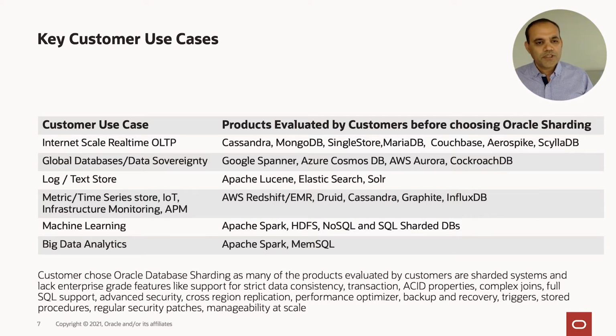Other use cases like machine learning, where you run your algorithm on a very big data set inside the database where the data resides, help with model training as well as scoring within the database. And then, of course, big data analytics, where we have massive data volume spread across multiple nodes, and we use the massively parallel processing capabilities of Oracle database to serve such requests.